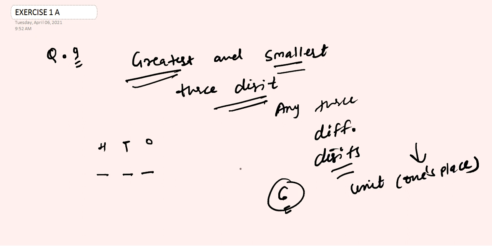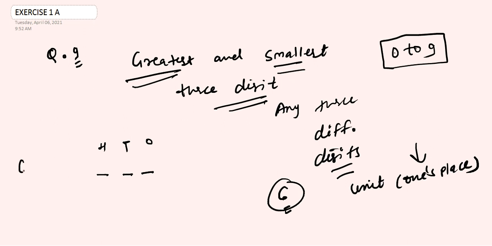Now in this particular question, numbers are not given to us, but you know very well that we have 0 to 9: 0, 1, 2, 3, 4, 5, 6, 7, 8, 9. Because all the numbers we use in our daily life or in our questions comprise 0 to 9. Means all numbers are made from digits between 0 and 9. For example, 33 is made from 3 and 3. So you can use any digits from 0 to 9 here.